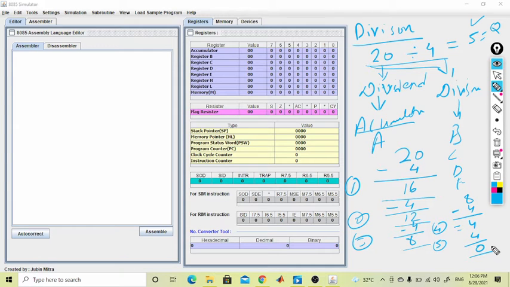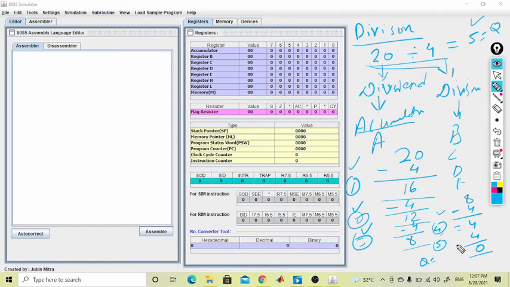So we count the number of subtractions, 1, 2, 3, 4 and 5, counting until the result comes to 0, and that value is 5. So 5 is our quotient here, and we keep this value in a register.